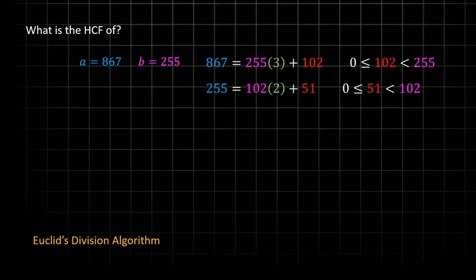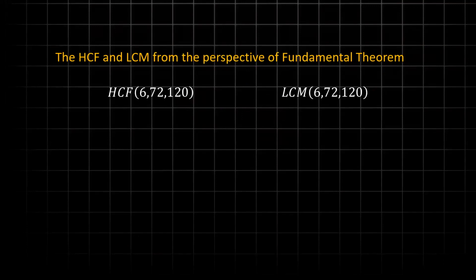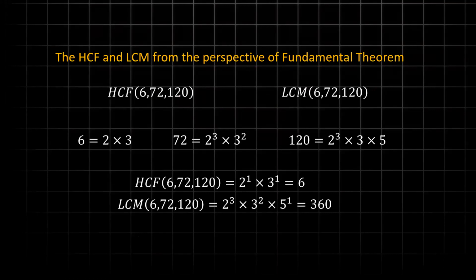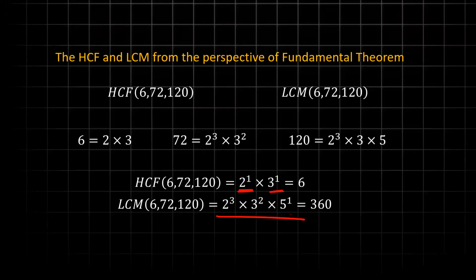Okay, you guys know the HCF, the algorithm, right? Nobody knows this. Okay, fine. You know the fundamental theorem of arithmetic? At least know that. Okay, thank you. Done. You know the HCF and LCM of these two values, right? Using the fundamental theorem of arithmetic you can find it directly. The point is the HCF takes the lowest powers of the factors involved, and the LCM takes all the factors involved raised to the highest power. You guys know this? The LCM is that and the HCF is the smallest of the factors involved.